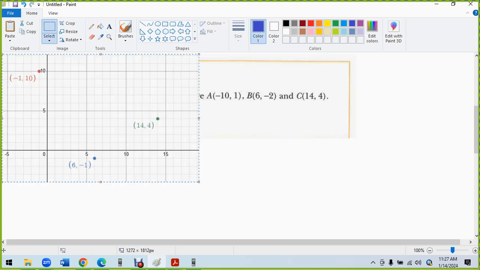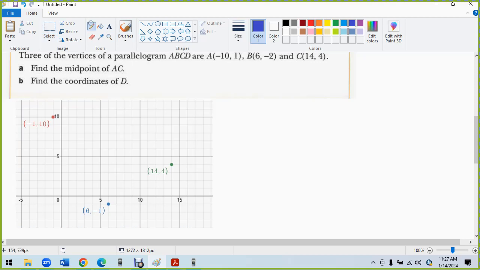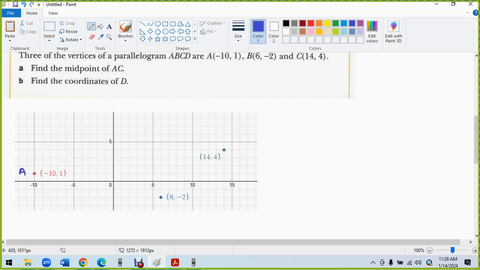Okay. So if I plot the point, it will be something like this. A is negative 10, 1, B is 6, negative 2, C is this. So they want us to find the midpoint of AC. So the midpoint of AC will be the A and C. Midpoint of AC is